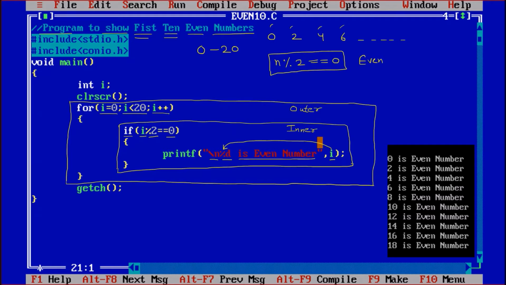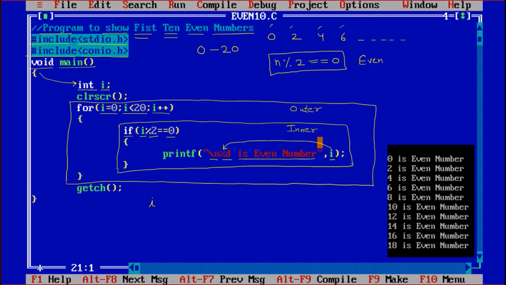So now we are going to check how this program is working. First of all, #include <stdio.h>, which is the standard input output header file for printf and scanf functions. Then #include <conio.h>, which is the console input output header file, and that is for the clrscr and getch functions. Now void main, so the main program will start. Inside that we are saying int i. So one variable i is declared.